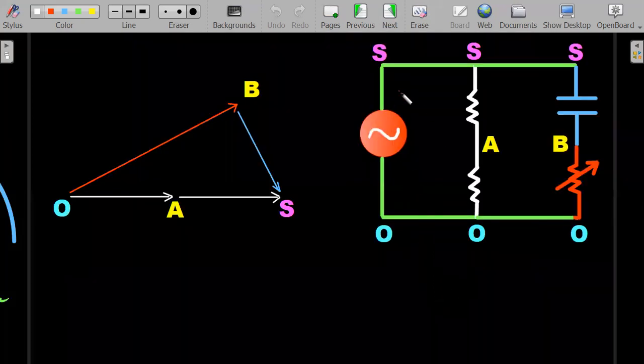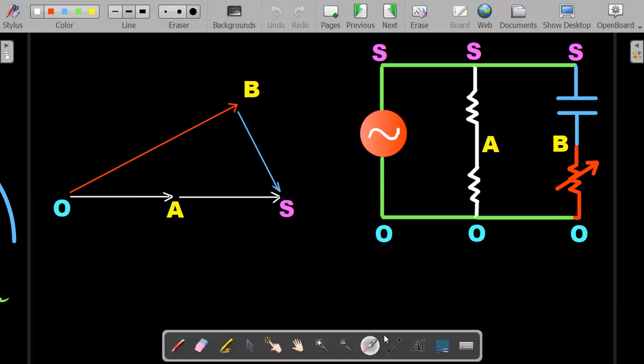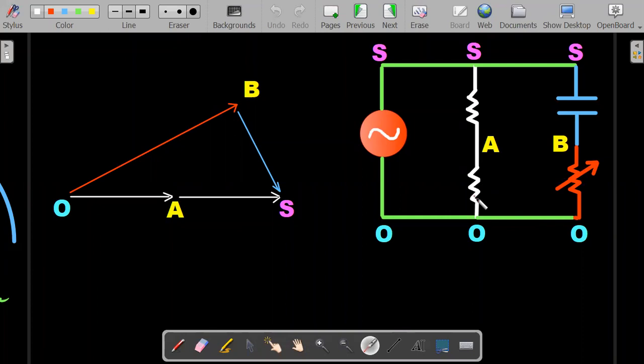So the idea is that if you are given this particular circuit, he's talking about the equal resistors R and R, right? Here resistances are equal in the question that he has mentioned. This is a capacitance and this is the variable resistor. So what I've done is to represent the phasor diagram. I need some letters so that I can borrow into the phasor diagram, as you could see on the left. So the bottom thing, you can call it as a common or a ground or the zero potential. I've marked it as O.